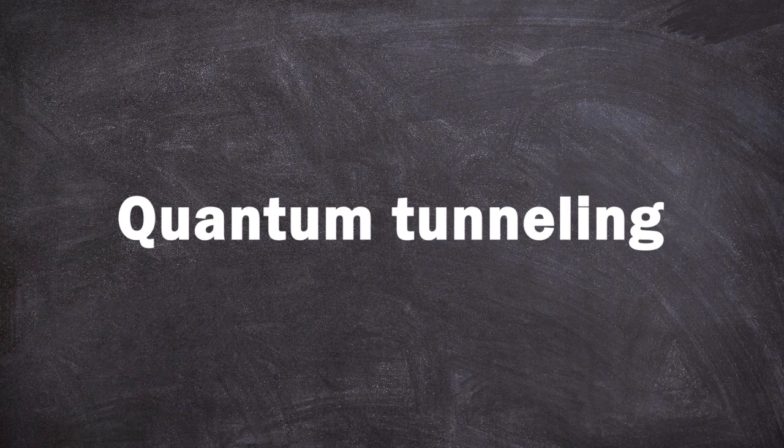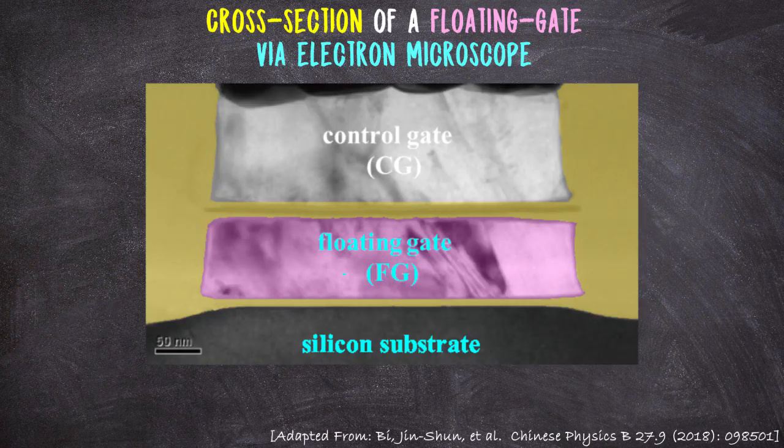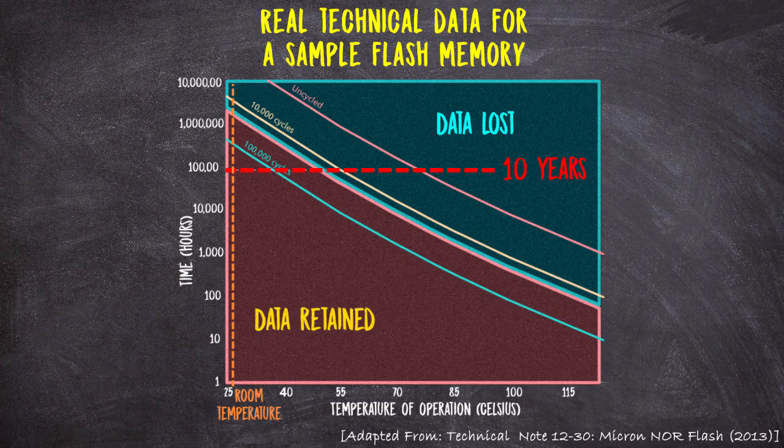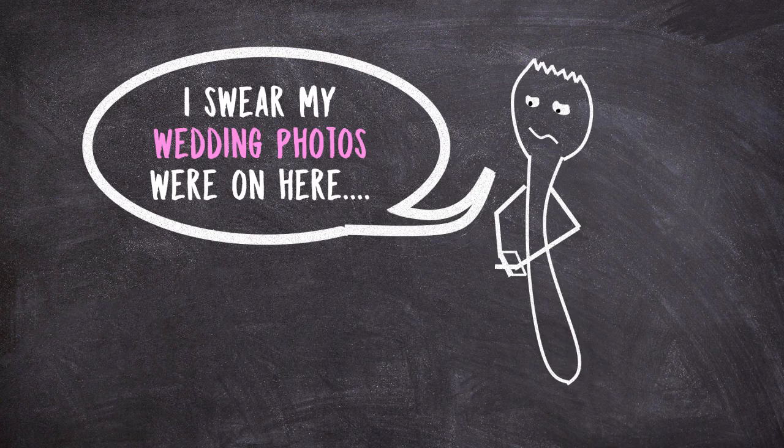You see, this floating metal island is separated from a great reservoir of electrons by a thin layer of insulating material. Now, this insulating layer is thin, but it's still thick enough that quantum tunneling is quite limited at equilibrium. Limited, though it's important to point out that tunneling still does happen at equilibrium, just very slowly. In fact, flash memory manufacturers generally guarantee that tunneling will be slow enough when the device is off that a detectable number of electrons will remain for at least 10 years, but no longer. They only guarantee the charge state will last for like a decade. So by the way, don't use flash memory for long-term storage. Your data will be gone.